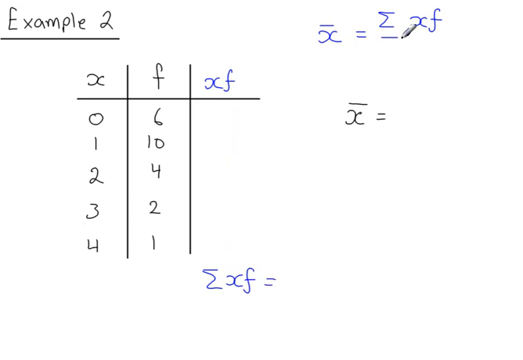And then we're going to divide by the number of data values n, or sigma f. And that will come from adding up all of these frequencies here, like so. Okay, so multiplying these, 0 times 6, 1 times 10, 2 times 4, and then you add up all of these values. You add up the frequencies,